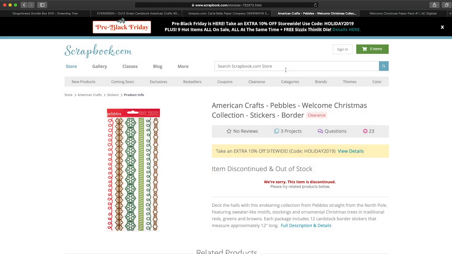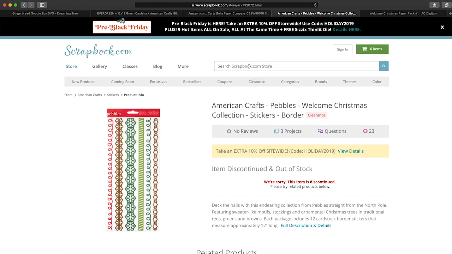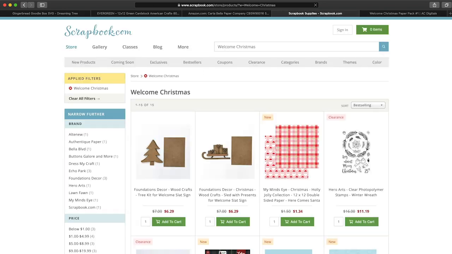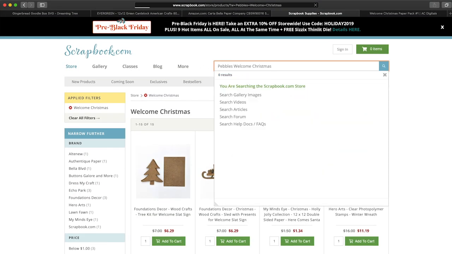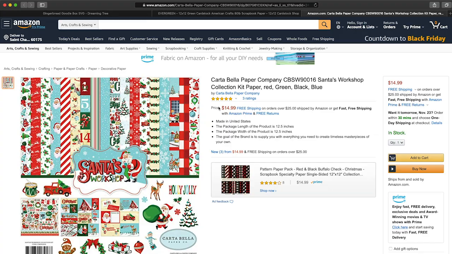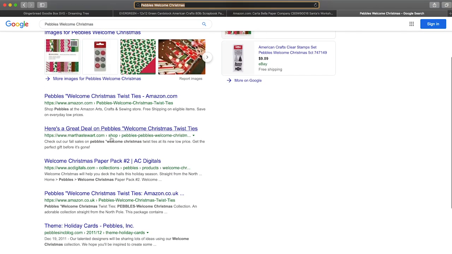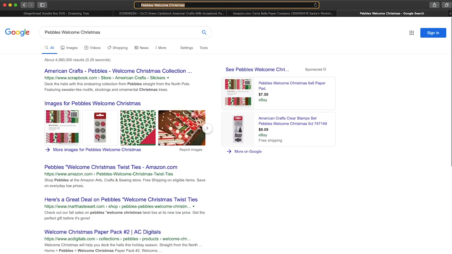And okay, so that looks like it brought up some of the embellishments that coordinate with it. But every site is going to have a search feature as well. Let me search directly in here. And I'm getting no results. Okay. And I'm getting no results there. Let me try this real quick here. So I'm just kind of showing you what I would go through. I may not find it, and that's probably why I didn't link it, but it's possible that I didn't go deep enough. Okay, so we're gonna keep looking here,